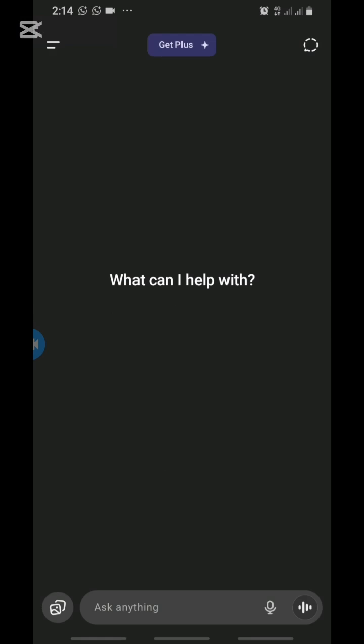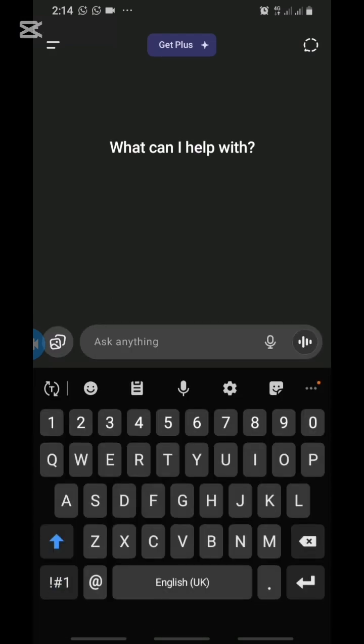So this is the tool right here. Let me load it. How this tool works is that you give it a prompt. What we call prompts are the things you type inside this place, the things you are going to ask it to do. So ChatGPT actually makes your work very easy. I'm assuming that you're a beginner watching this video. That's why I'm taking my time to explain this in clear terms so you can understand what this is all about. So you come here and type whatever you want to get your